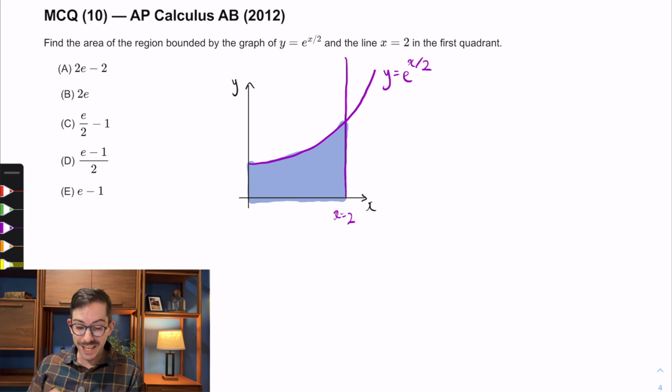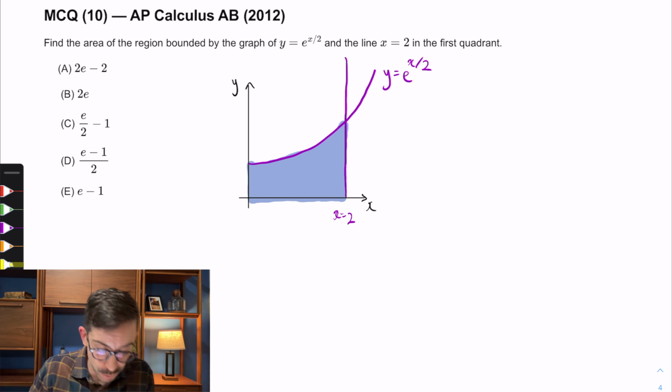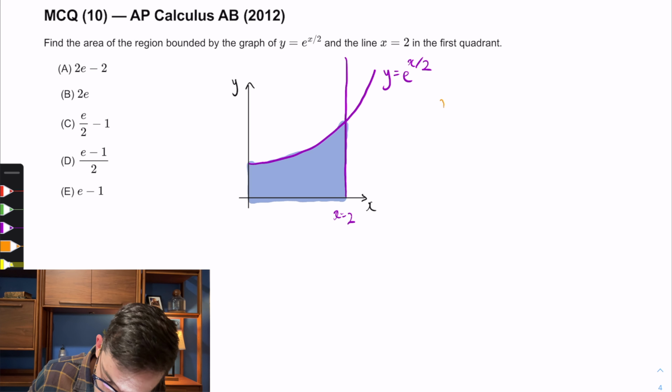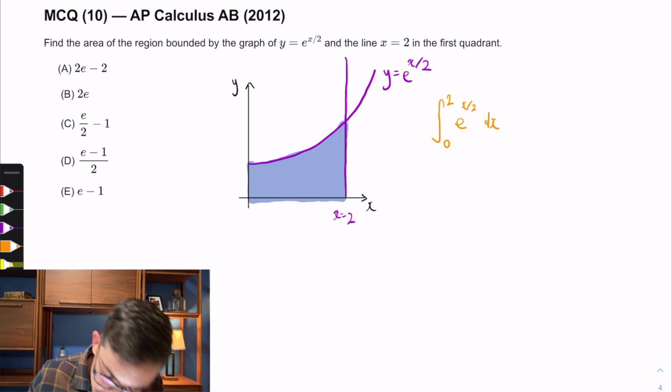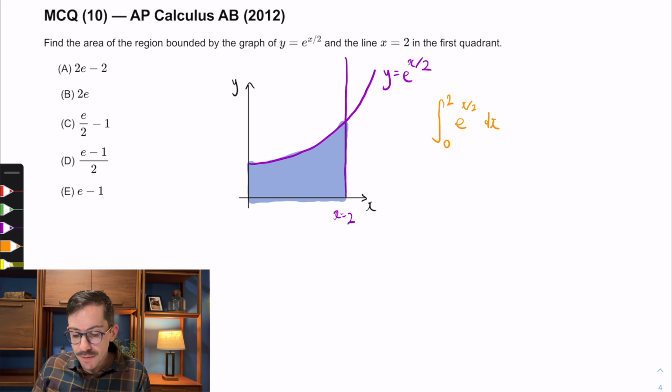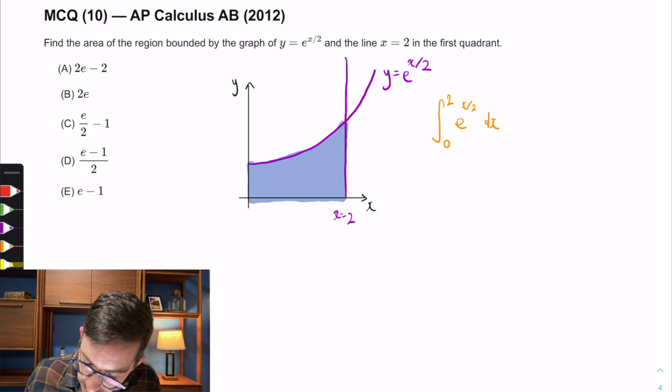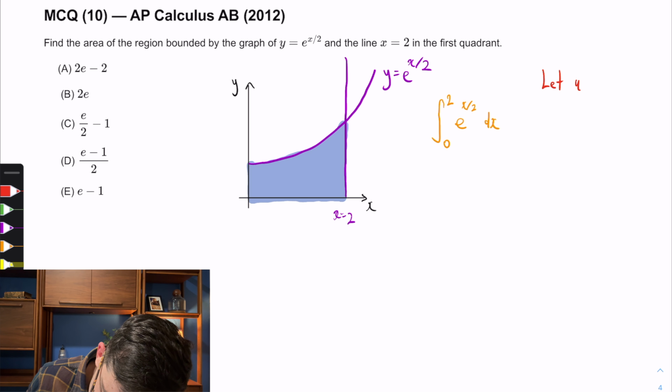So really, I'm looking for the area under this curve, y equals e to the x over 2, integrating from 0 up to 2. So the quantity I'm interested in is the integral from 0 up to 2 of e to the x over 2 dx. Now technically, to evaluate this integral, we need to do a u substitution. Maybe you're comfortable doing that. Just in case you're not, let's do the substitution off to the side,